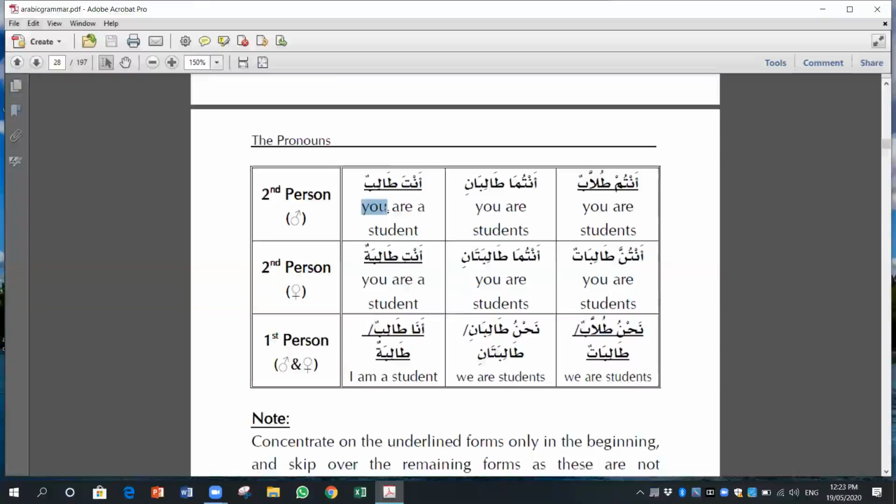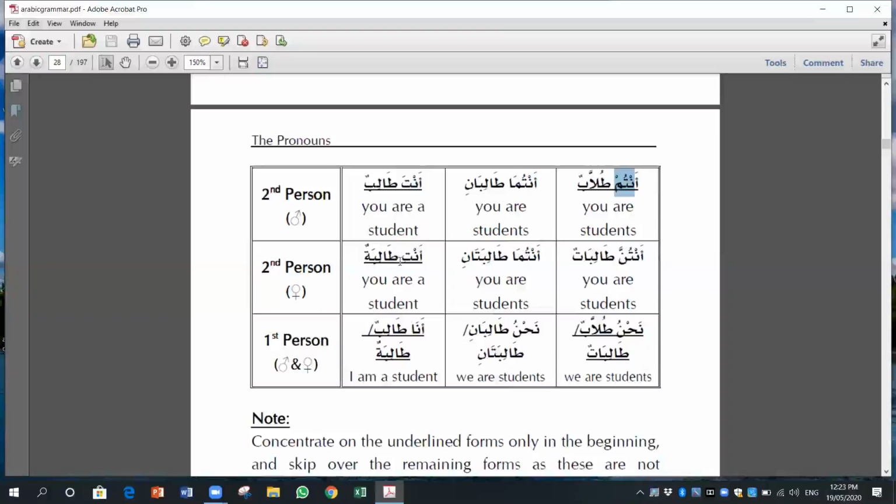If I'm talking to you and you are a boy, a singular, one boy, I will say anta. Anta means you, one male. Antuma, you two. And antum, you all. Antum, you all, so you all boys, students, male, you all males. It would be any male. Now for the female,